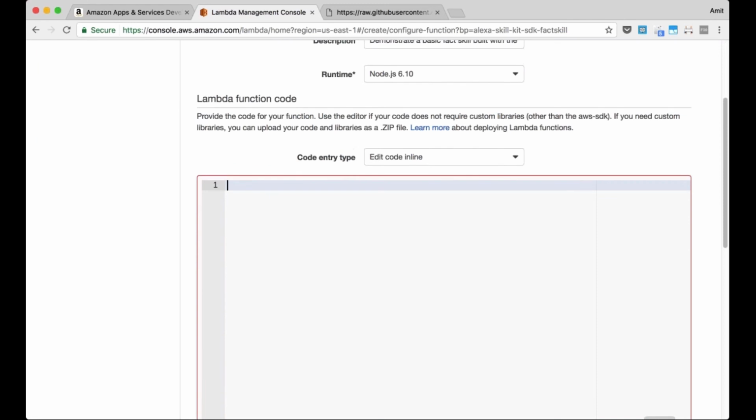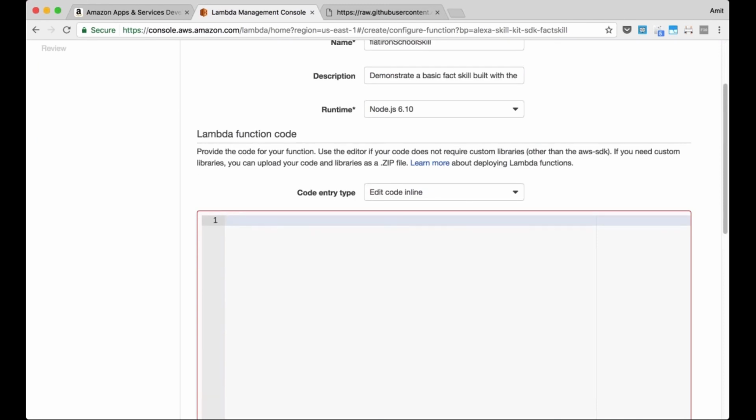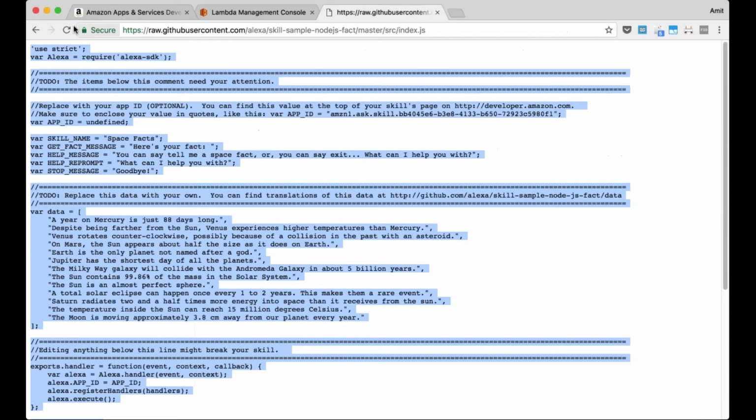Now for the code here, I'm going to delete this. And the reason we even started off with a fact skill or one of the template blueprints is that it includes the SDK, the Alexa SkillsKit SDK that is required for these functions. So you can build this from scratch, but it's easier to start off this way because then you don't have to worry about including the Alexa libraries on your code. So to get the code, I'm going to jump over to GitHub.